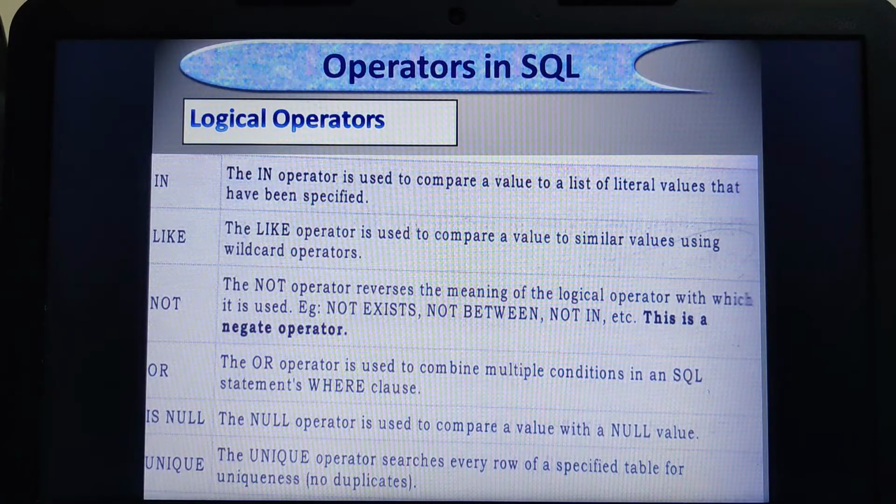When I specify it directly, both may come. But I want the record which is in the capital letter. In that case, for specific pattern matching, if I want to retrieve exactly similar values from my table, then I need to use the operator known as LIKE.